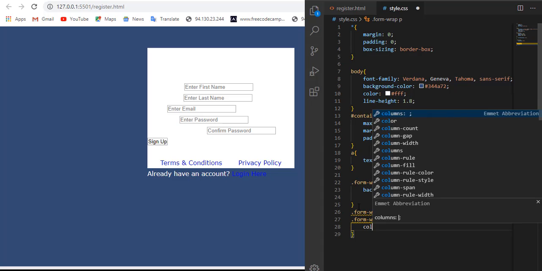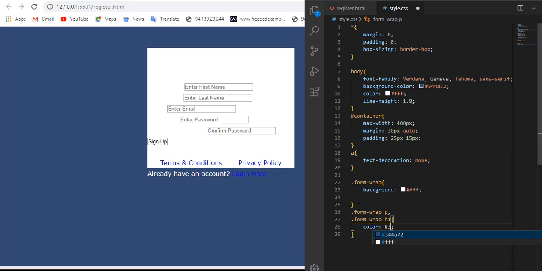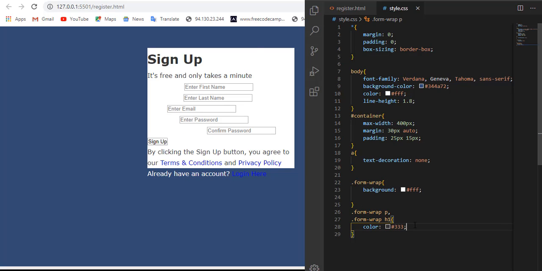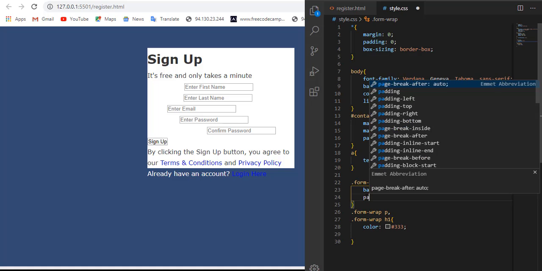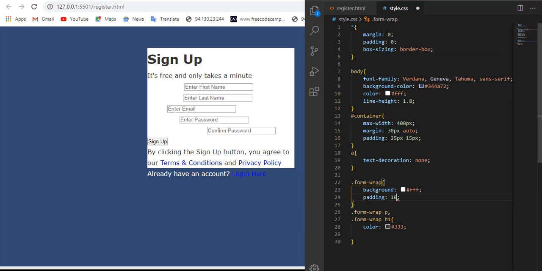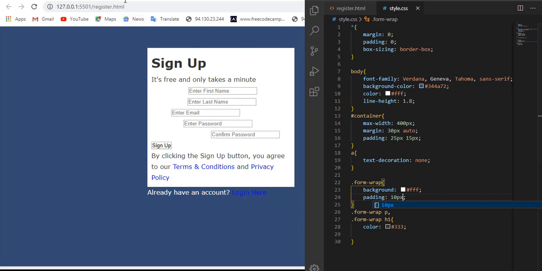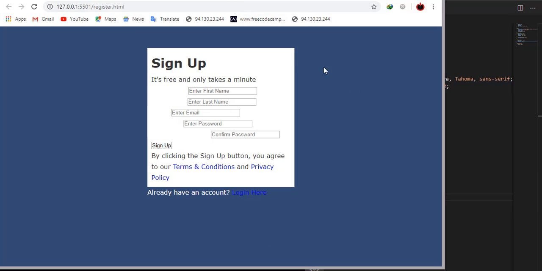So in brackets I set the color to dark, 343. If I save, let us first of all come back to form wrap and add some padding of 10 pixels. Let us check.